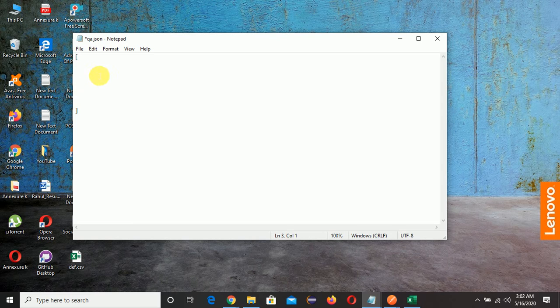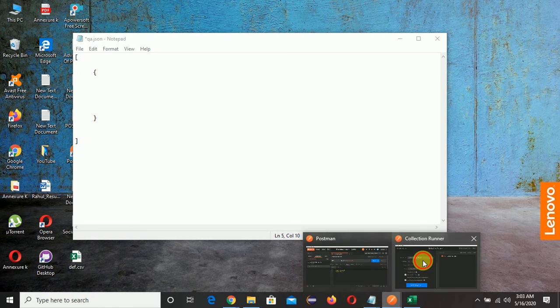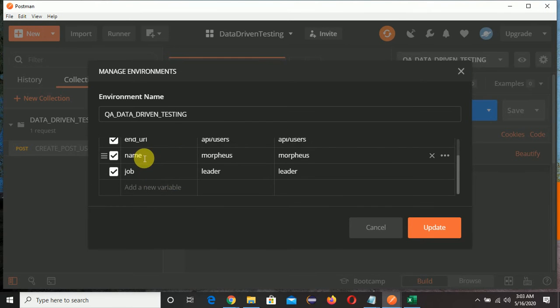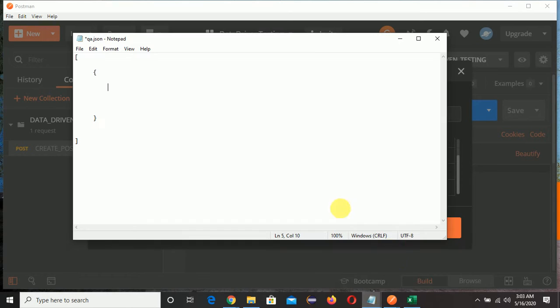Inside this we need to give open curly braces and close curly braces. Inside this we need to create variables, and accordingly we need to pass the values. If you look carefully, our variables are end URL, name and job. The same thing we will create here.